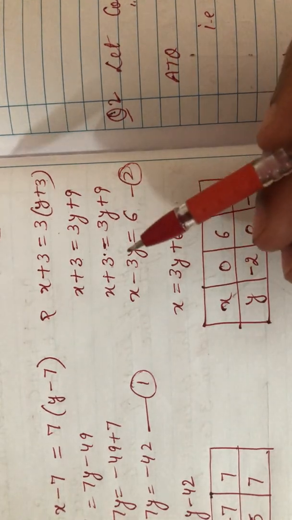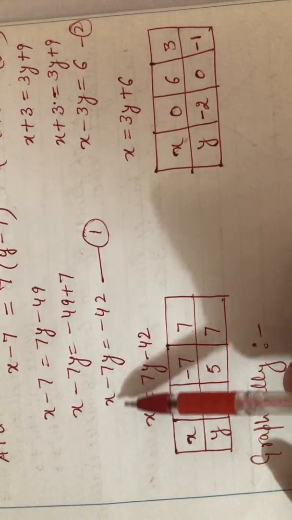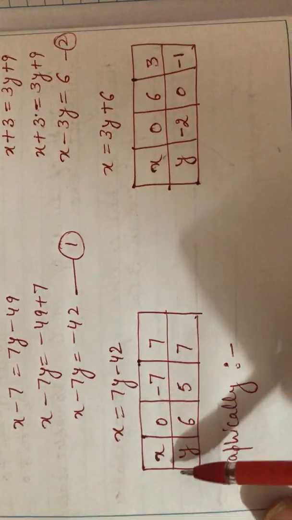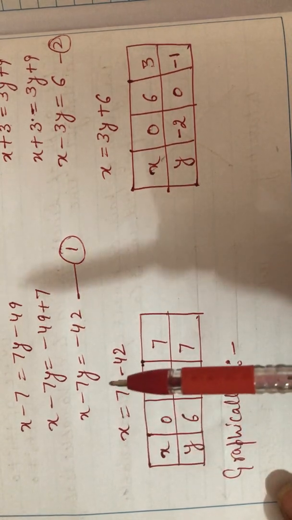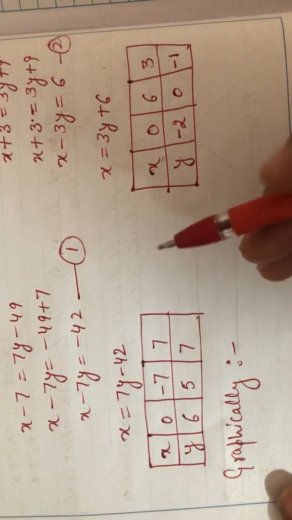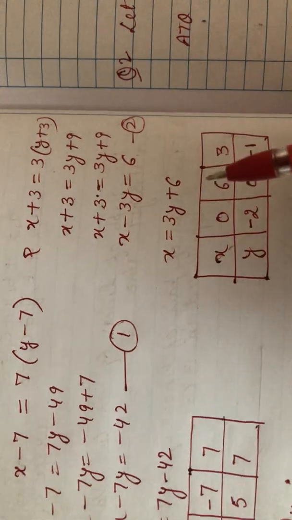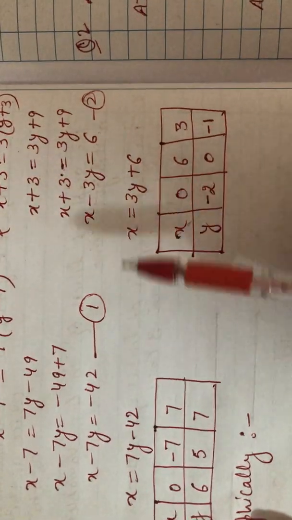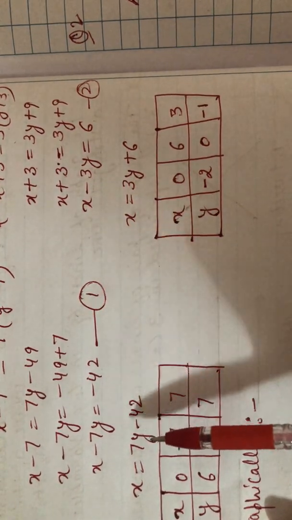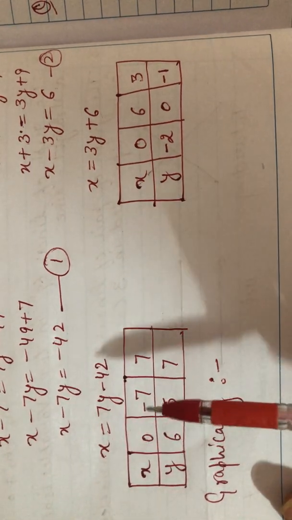Now we'll represent them graphically. For that, as you already know, we have done in 9th class how to represent any equation graphically. So first of all, we need solutions. As we all know, a linear equation in 2 variables has infinite solutions. So we'll try to find maximum 3 solutions at a time. Then we'll represent them on the graph paper and then we'll get the graph of that particular equation. Since we have 2 equations, we'll draw the graph of both the equations on the same graph. So first of all, we'll find the solutions.